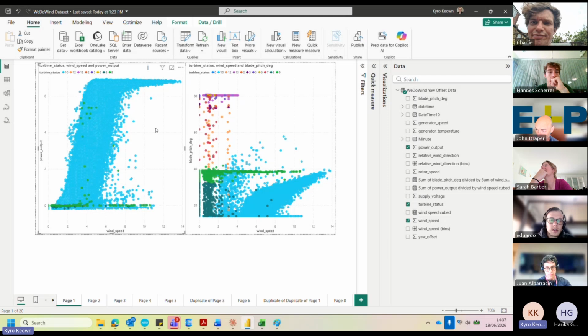It's so drastically overshadowing the impact of the yaw offset that it's making it pretty much impossible to determine the impact of the yaw offset on any of the other variables.